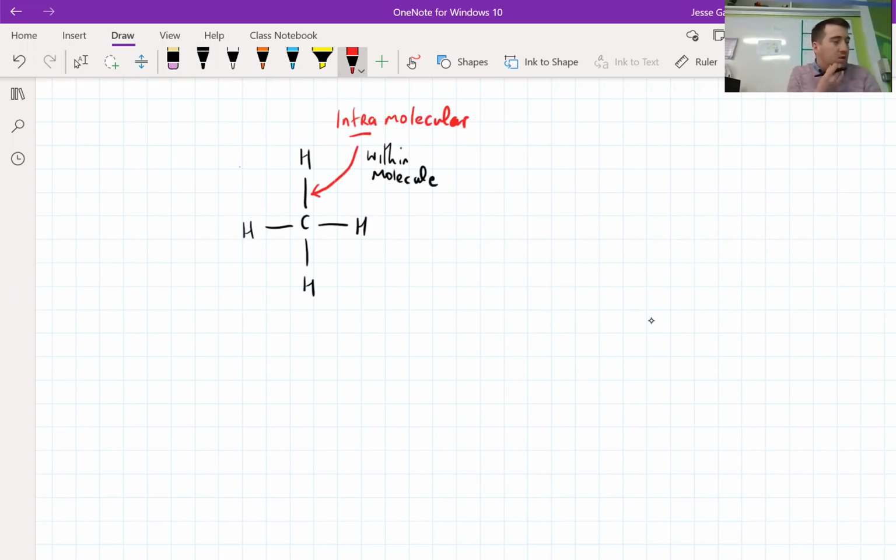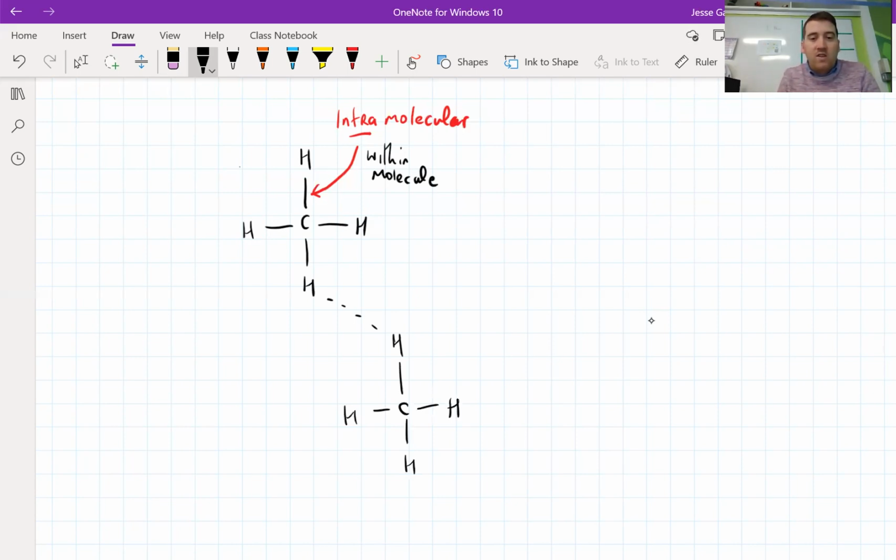But we must also consider the forces between molecules. So molecules generally tend to be in groups. So you don't just have one molecule in a container. If you've got a container full of a substance, there's many molecules there. So what holds them together? Well, there's got to be some type of force that attaches them, even weakly or loosely, that makes them interact with nearby molecules. Okay, so here is a second molecule of that substance, and the broken line between them represents